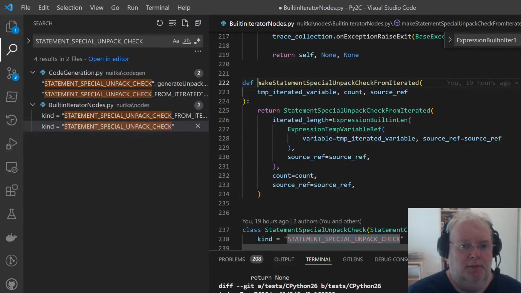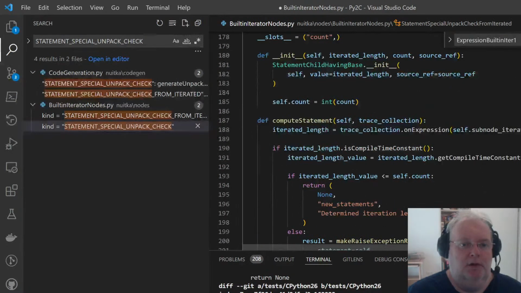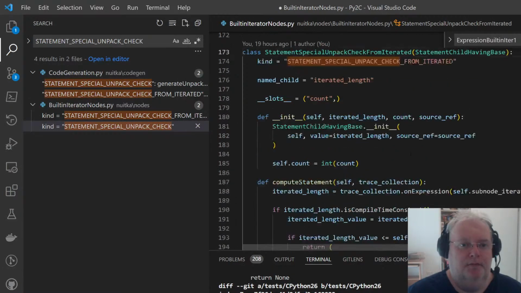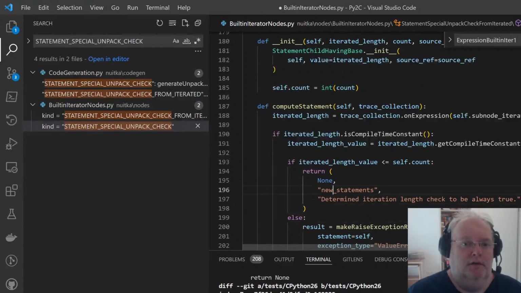This is a small helper function which basically invokes len and creates a temporary variable reference on the variable we were told to use, and creates this node. And this one here just has one child, which is a length value, and the length value is then being asked to compute itself again.